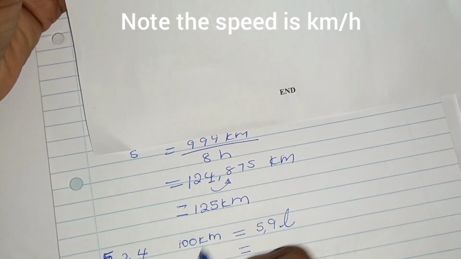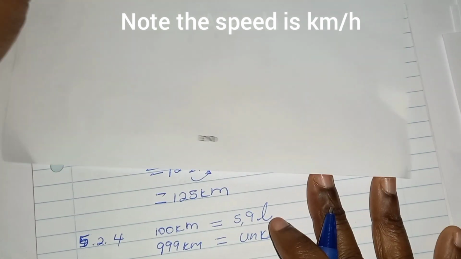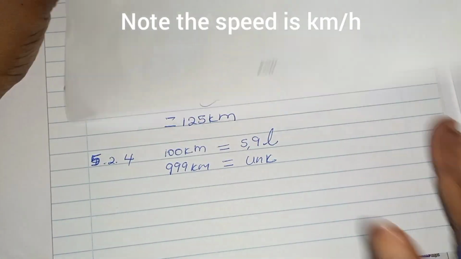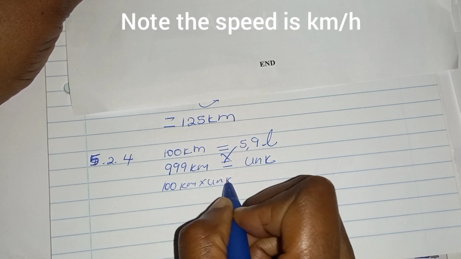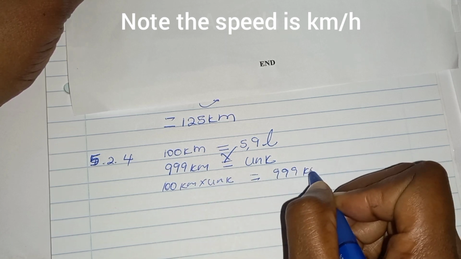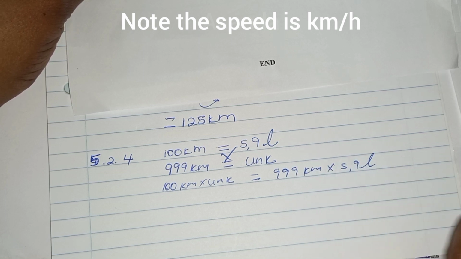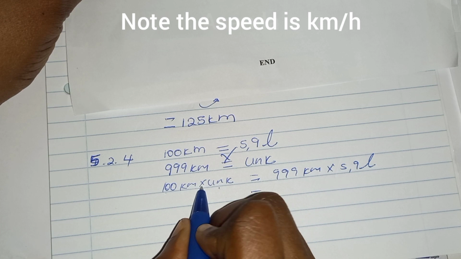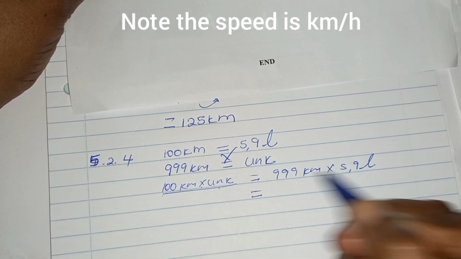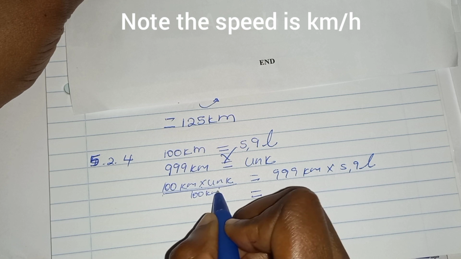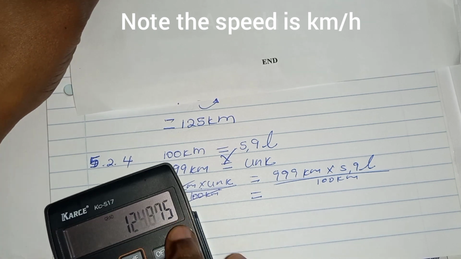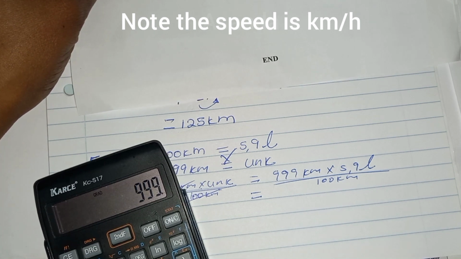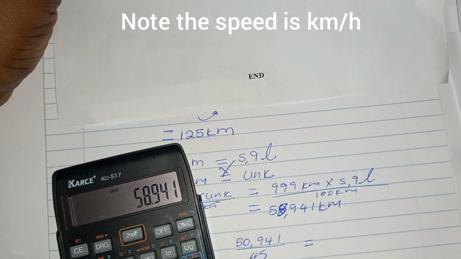Okay, but he doesn't travel 100, he travels 999 kilometers. So let's find out how many liters he needs. So 100 kilometers multiplied by unknown is equal to 999 kilometers multiplied by 5.9 liters, right? So unknown is sitting with 100 multiplying, so we're going to divide by 100 kilometers. That cancels that, and then we do the same this side, and then we get our answer. So that'll be 999 times 5.9,